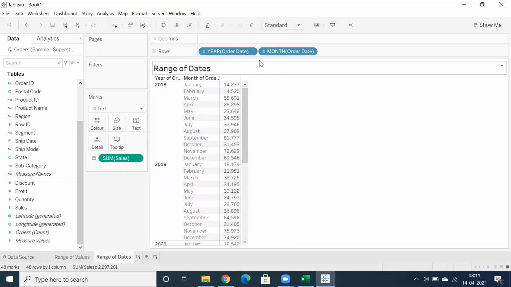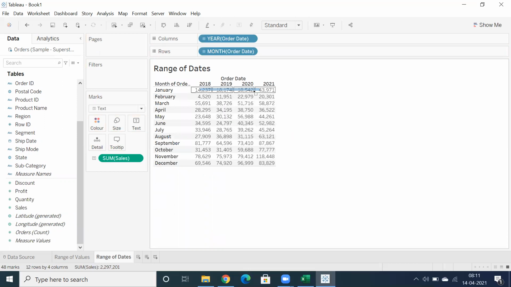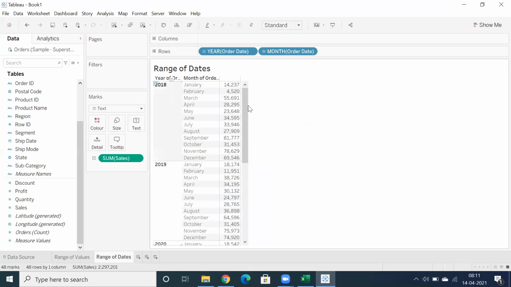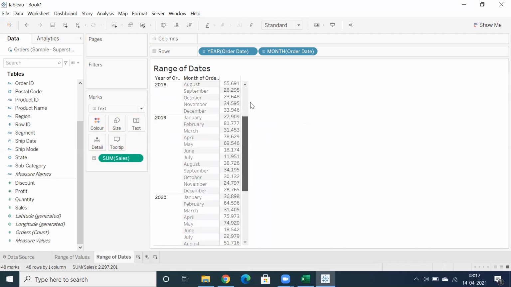But if you make use of year in columns, this will be very easy, right? So you can check the same particular month across all the years. That is what cross tabbing is. If you want to use row level, yes, this is also good, but you need to scroll down.